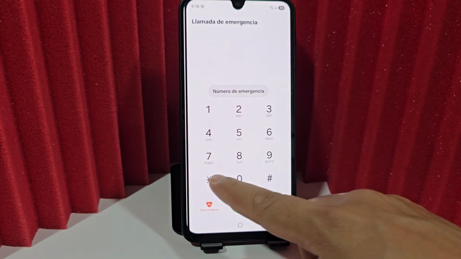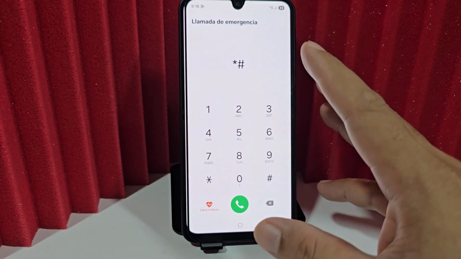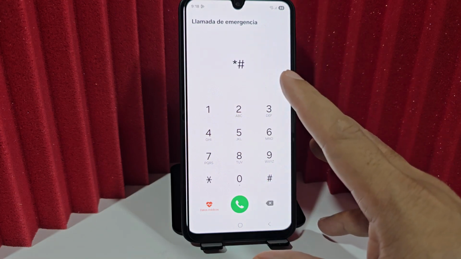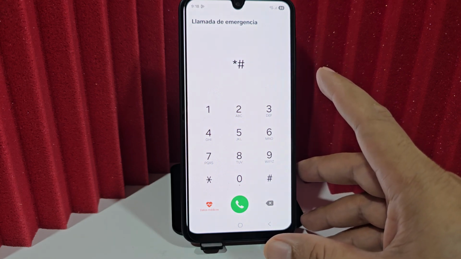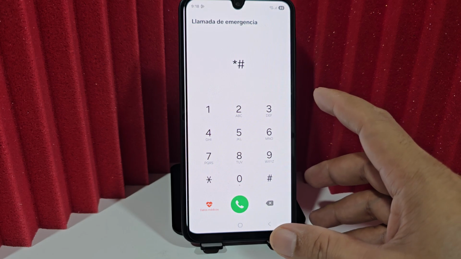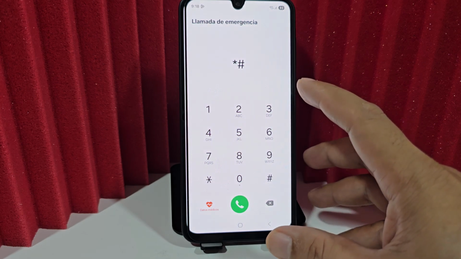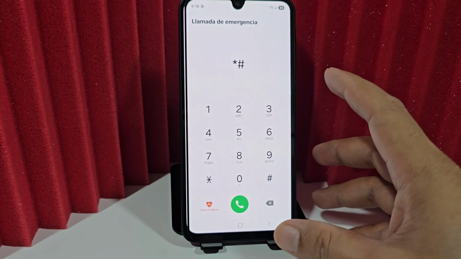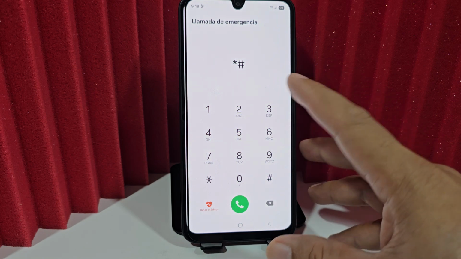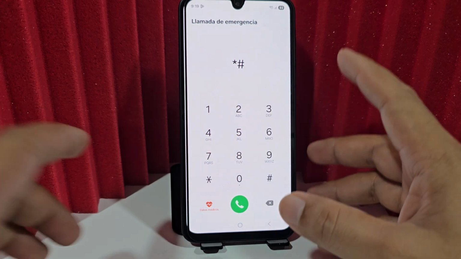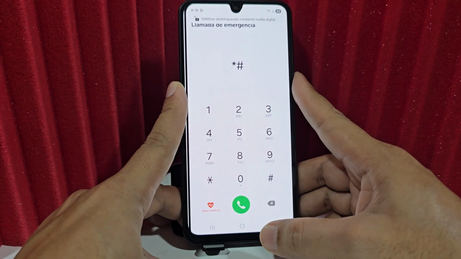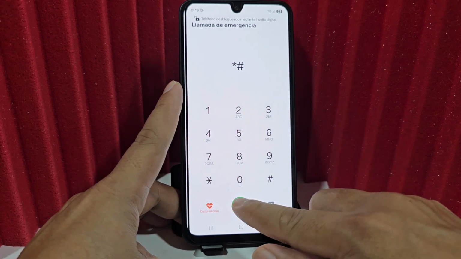When we log into our phone, what we're going to do is the following. Because it's an alternative that gives us access to our device and allows us to make a backup. Because that's what we really need to do: a backup, because when we forget our screen lock,